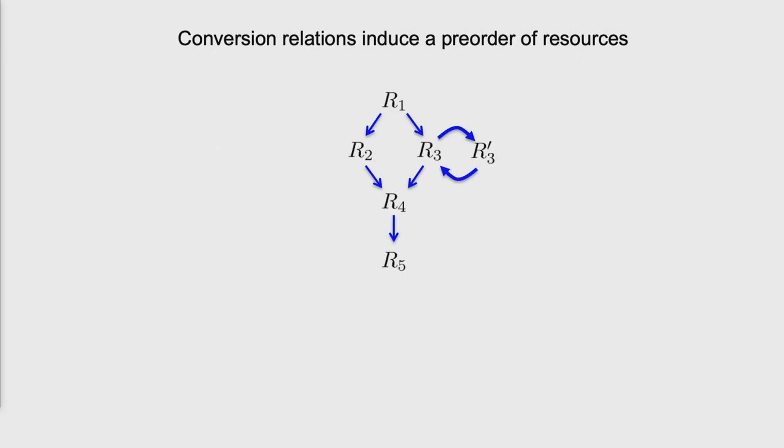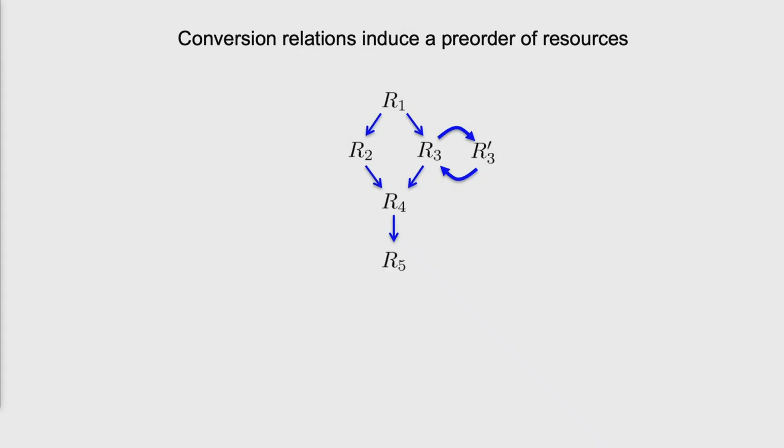So suppose you work hard and you find, for a bunch of resources R1, R2, R3, R4, you start to figure out for which of these pairs of resources there exists a free operation that takes you from one to the other. So you find that there's a free operation that takes R1 to R2. There's no operation that takes R2 to R3 or R3 to R2, so they're incomparable. R2 goes to R4, R4 goes to R5. Note that R1 clearly has to go to R4 because I could convert it to R2, and then R2 can be converted to R4. So this diagram is meant to be sort of closed transitively.